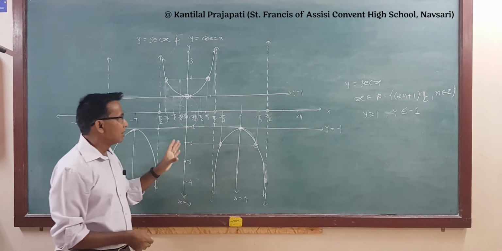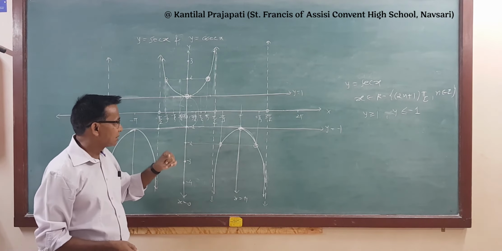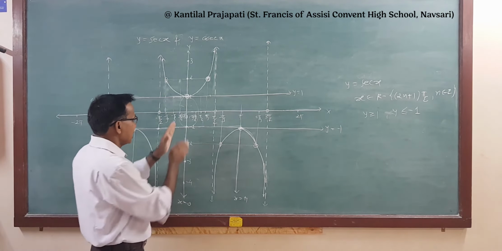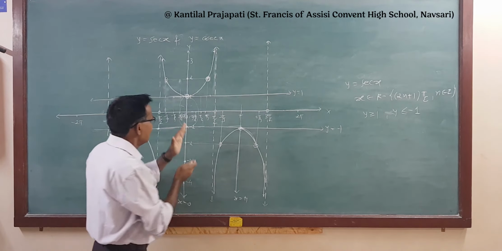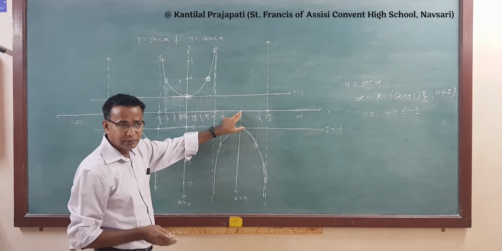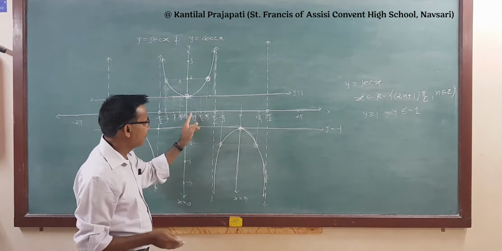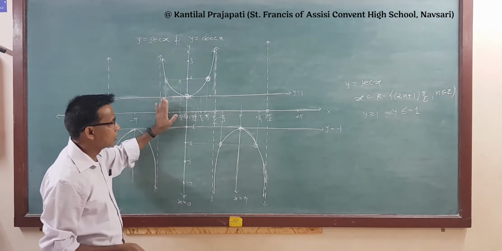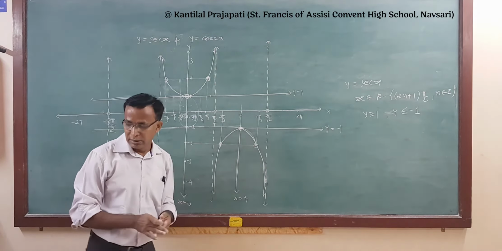Similarly, you can draw the graph of y is equal to cos x. The shape will be like this between 0 and pi. Then pi to 2 pi, and on this side you get minus pi to 0, like this. So you can draw the graph of y is equal to cos x, right?